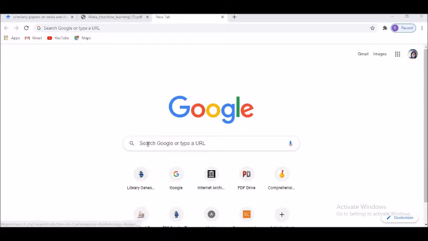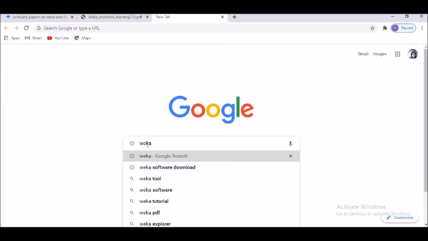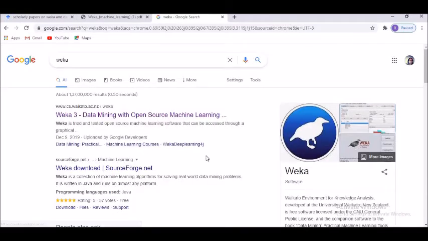Secondly, I would like to showcase how to proceed to download and install the software called Weka, how to understand it and where to find it, first of all. So, I just opened the Google page, and in the search options, I'm simply keying the word Weka, and the moment I enter it, you will see the first link. The results came in 0.05 seconds.